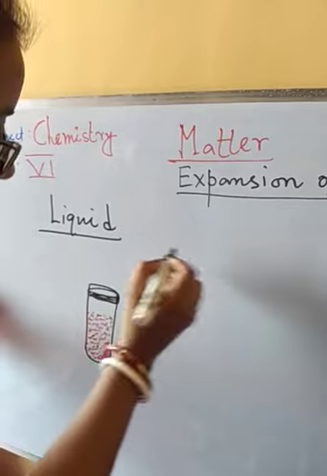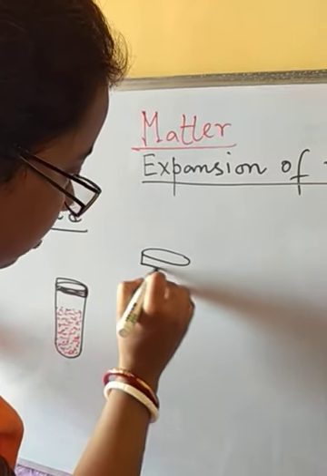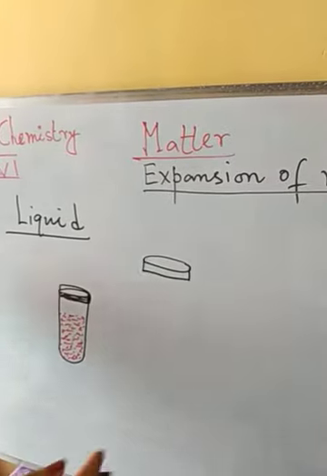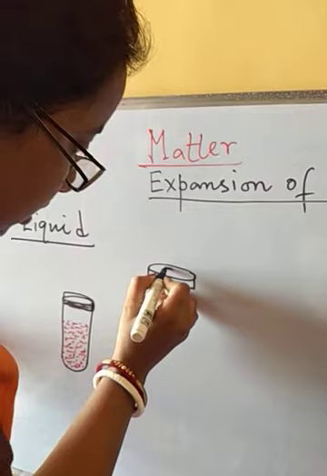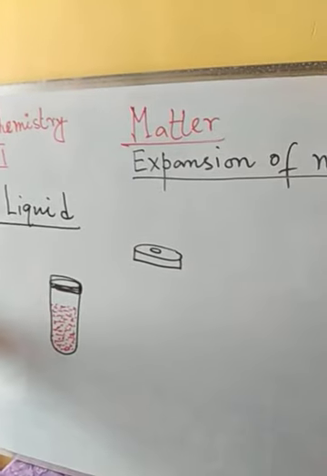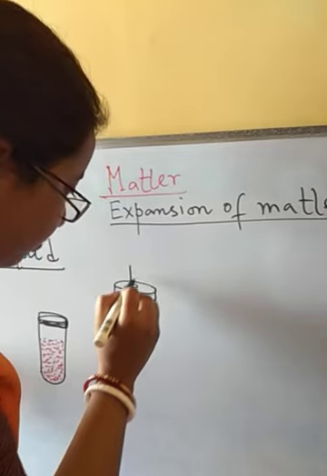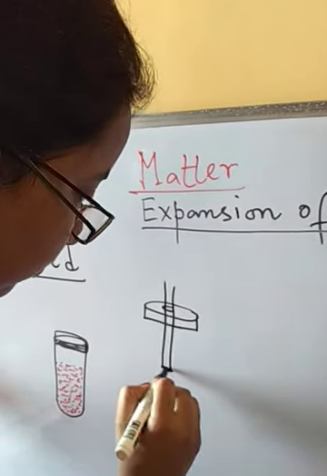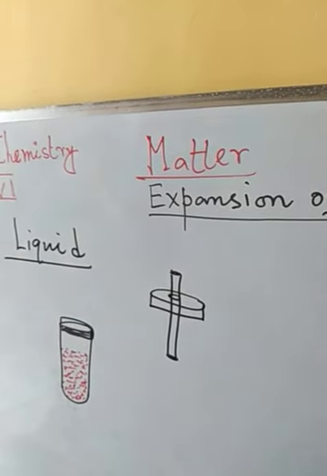And here I am drawing it. See, this is the cork, a kind of cap we use in a test tube, and at the middle of this cork there will be a hole, and through this hole we are going to pass the capillary. So this fitting we will be using here in the test tube.